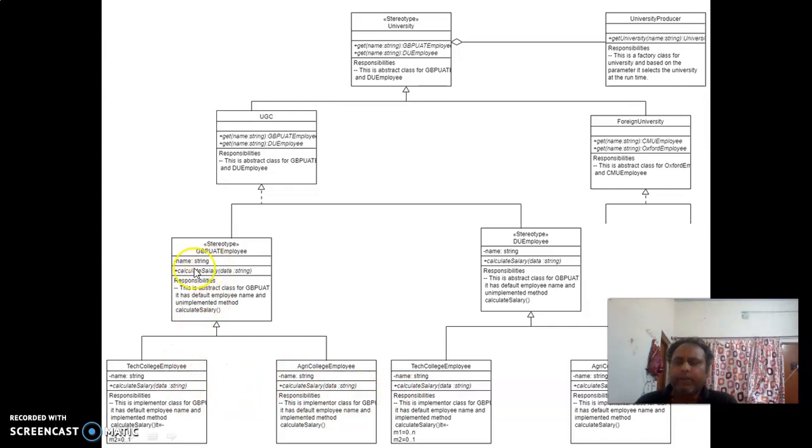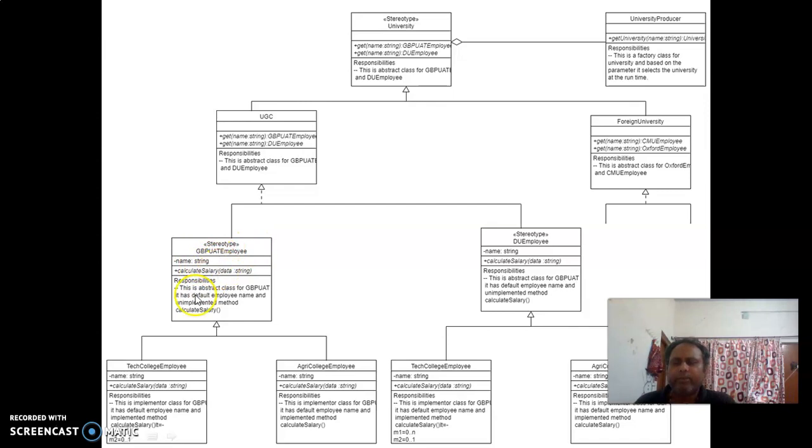So basically, this abstract class is having one parameter, name, of type string; the minus sign shows here that it is private. So every employee will have a name. This abstract class is also having one method, basically you can say a constructor, which takes the parameter name.